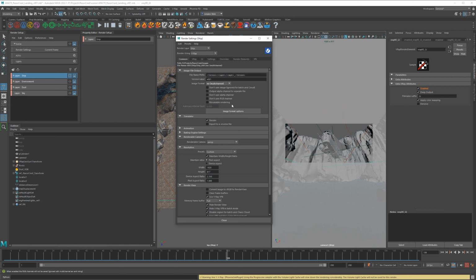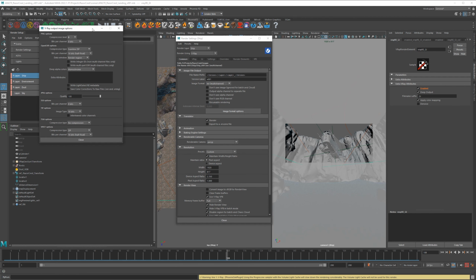There's a bunch of settings here that do specific things, but if you're curious, the only one that's pretty useful is this one, resumable rendering, which means that a new file will be saved for every frame that renders successfully. And that means that if you render halfway and you want to re-render it, all you have to do is click render and V-Ray will figure out what is already rendered up to a point. So that's useful, but it's going to give us way more files than we need, so we're not going to do that. So let's go to image format options now.